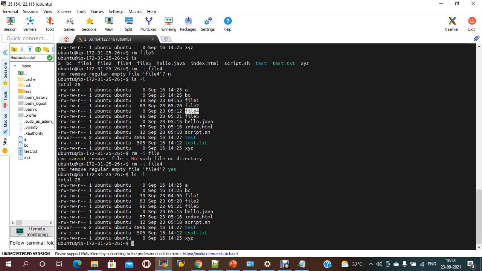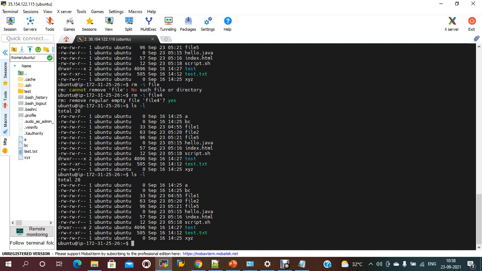You can delete 2 files, 3 files, or n number of files at a time. So I just need to delete file 2 and file 5. If you want to delete files at a time, the command is rm, followed by file 2, file 3 at a time.